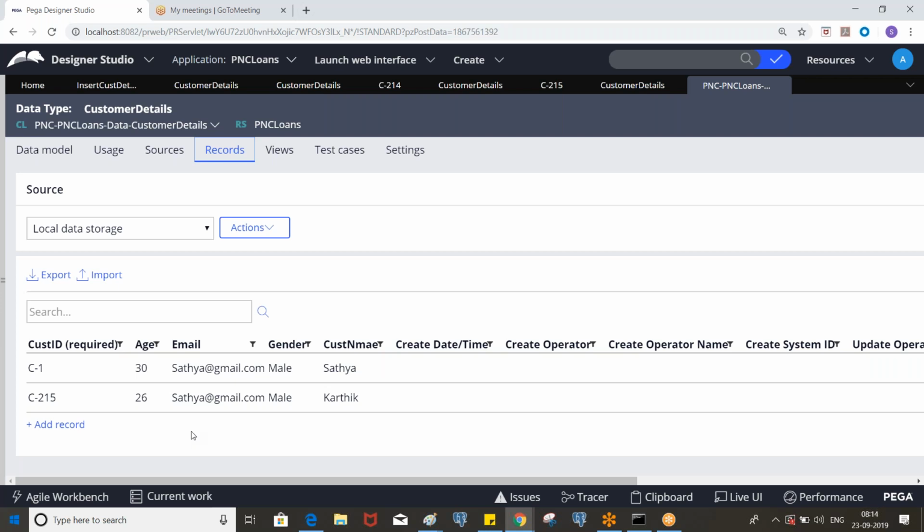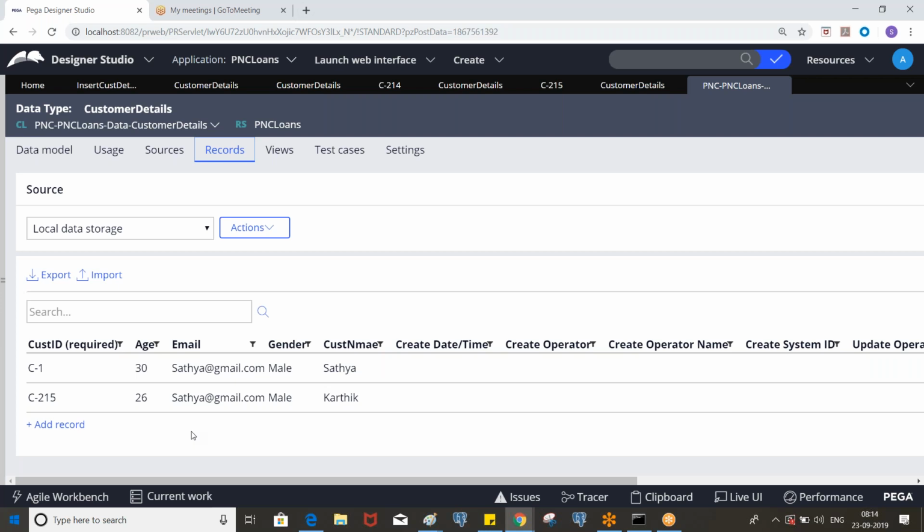Clear? So this is how we insert the data into the database table. Whenever we are updating the data, it can also be updated because we are handling that through the activity. Since we put the logic in the activity, every time you execute a flow and submit it, that activity will be executed and take care of inserting the data into this class.